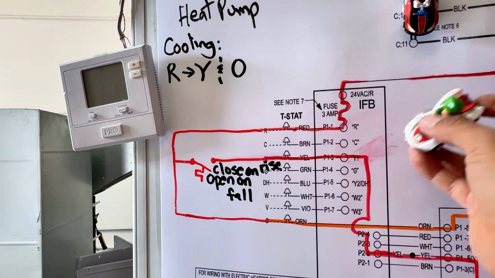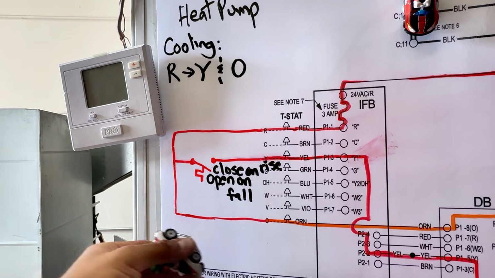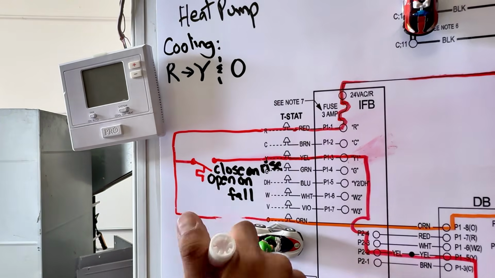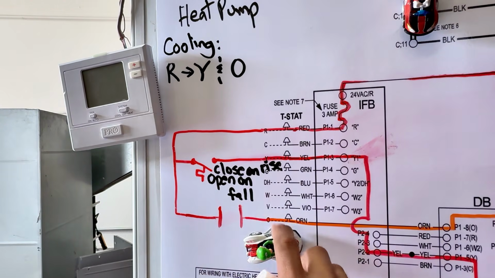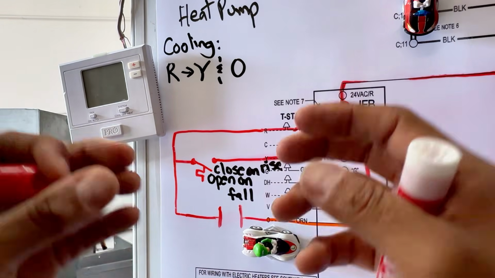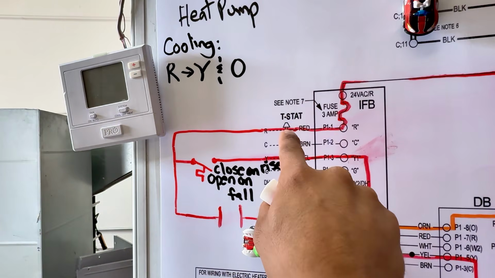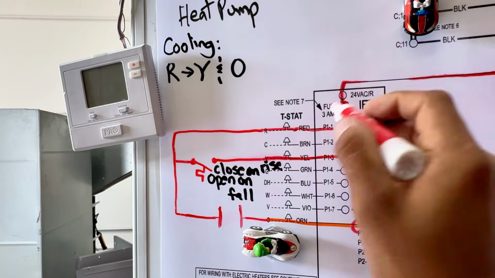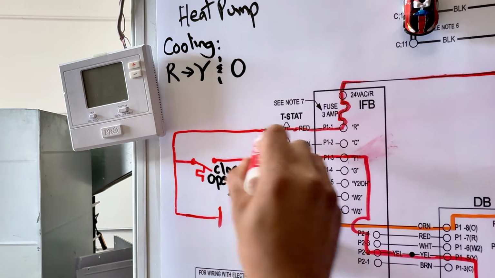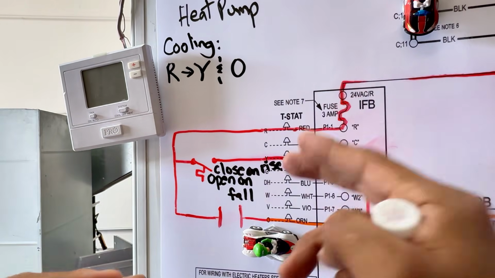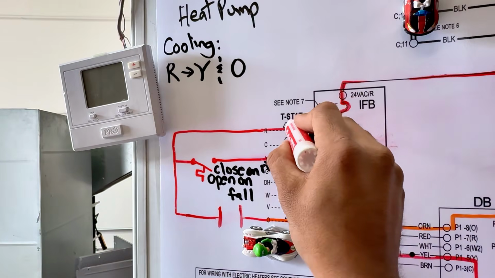Let's take the path over here, right? So let's just say Luigi's right there. And just for simplicity, I know you don't see it like that on the thermostat. But just for us to understand the point, when I have a call for cooling, my thermostat, remember we talked about it in a previous video, because the red is the main one. That's the master. That's the one that makes contact with all my actions, Y, O, G. So when I have a call for cooling, the thermostat